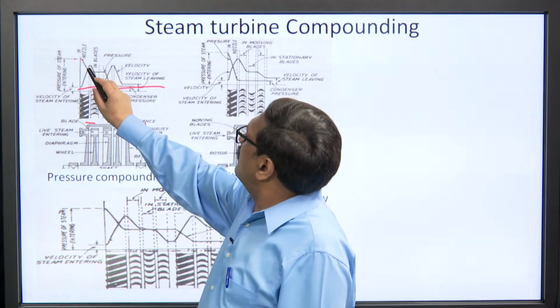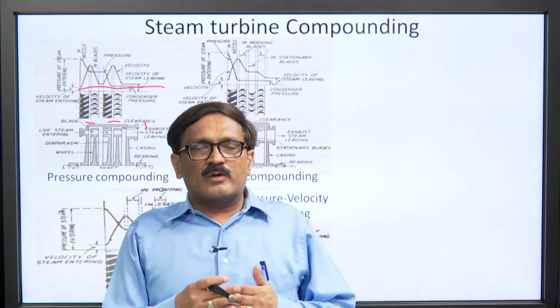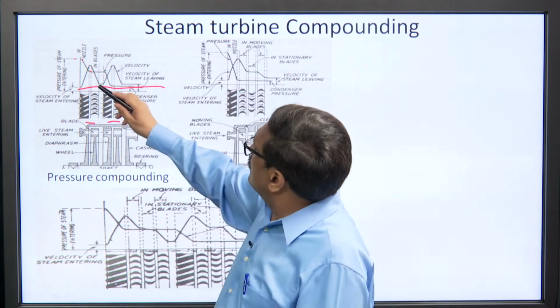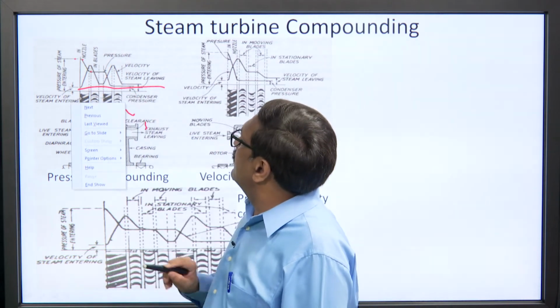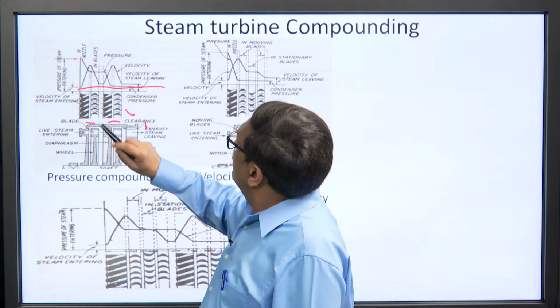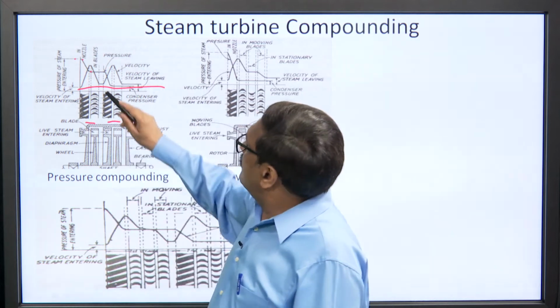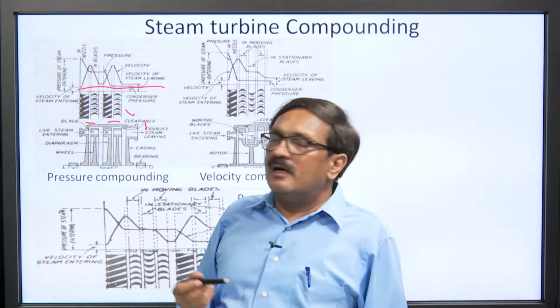It is dropped to somewhat in between. When we are not dropping the whole of the pressure here, the kinetic energy increase will be less, and the velocity will not be very high; it is in a certain range. Then what is happening? It passes over the moving blade. In the moving blade there is no change in the pressure, pressure is the same, but the velocity does a certain amount of work and the velocity